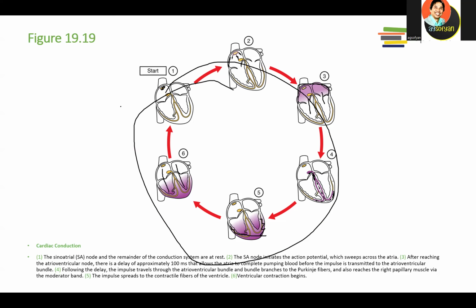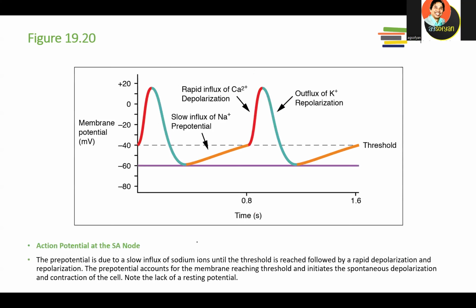Okay, so there are these stages of contraction of the heart muscle. Again, it always starts from the SA node, spreads to the atrial muscle, and goes to the ventricle muscle until the blood is pumped. This is what we call the cardiac conduction cycle. Now, what happened during that? Okay, so we actually can measure this with the EKG, electrocardiograph.